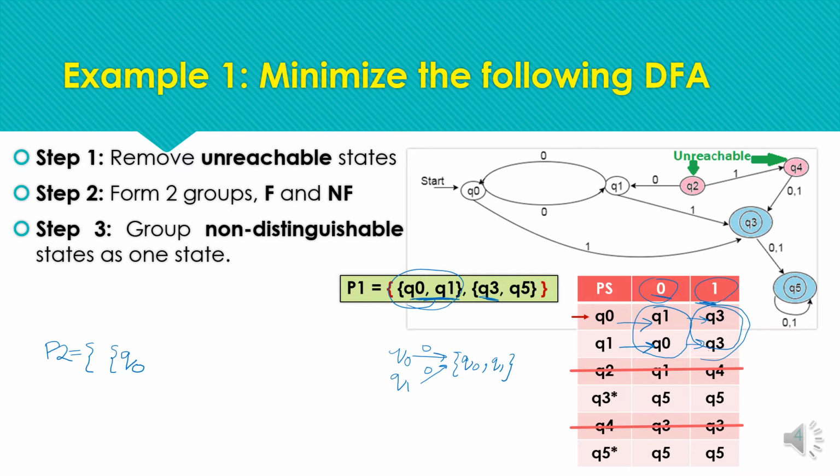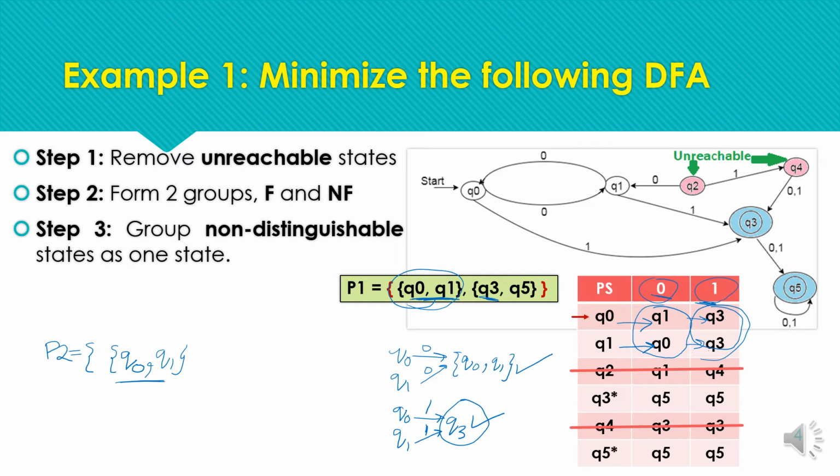So the condition is also fulfilled for input symbol 1, as from Q0 and Q1 for input symbol 1 we are moving to the same state Q3. So here we found the same group for input symbol 0, and also we found the same group for input symbol 1. So yes, Q0 and Q1 can reside in the same group, as both the states are having transition to the same group.